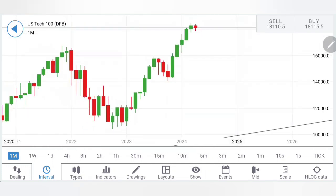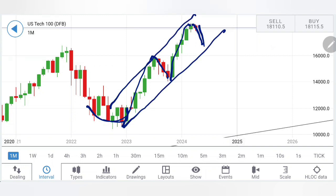If you look at the near term formation, you will find that it has consolidated enough here, then the rise, then the retracement, again a stronger rise. This also calls for it to retrace. Even if it is staying bullish, it can try to retrace, if not this month then from next month onwards, but a retracement is a must. And how far? If it retraces from the current level, 16,000 would be a good support here,